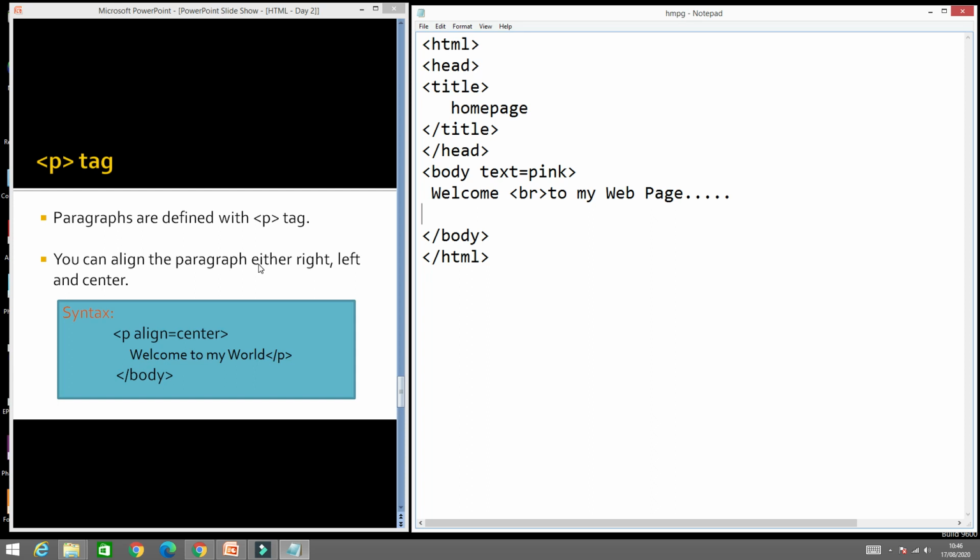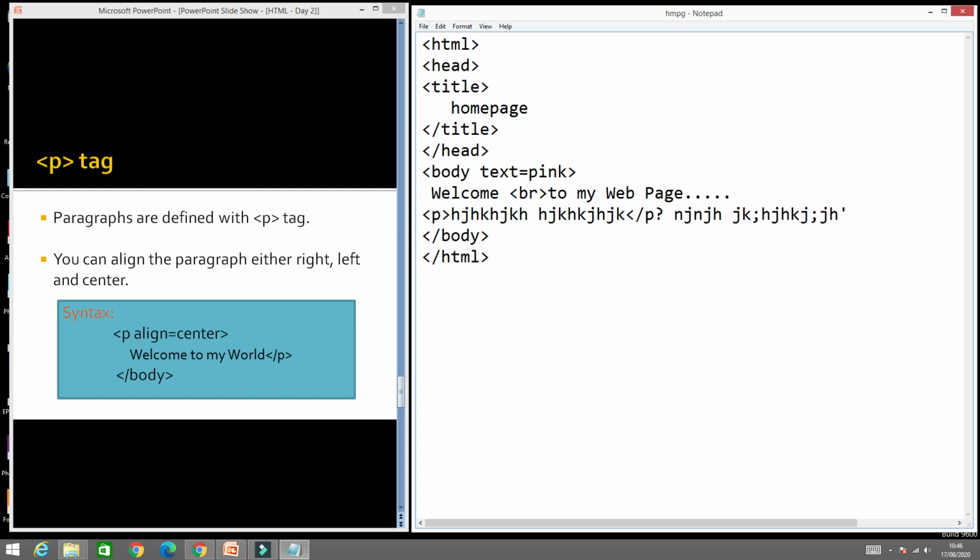Basically, when you have lengthy text which you want to display in the form of paragraphs, then you can use this p tag, and paragraphs will automatically be formatted the way you want. Even if you have continuous text written here, and suddenly you mention that from here you want it as one paragraph,